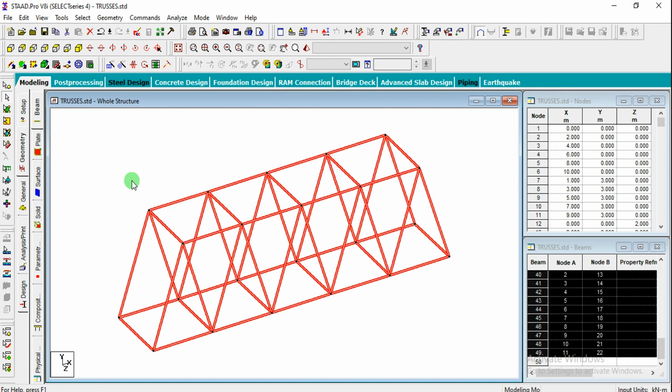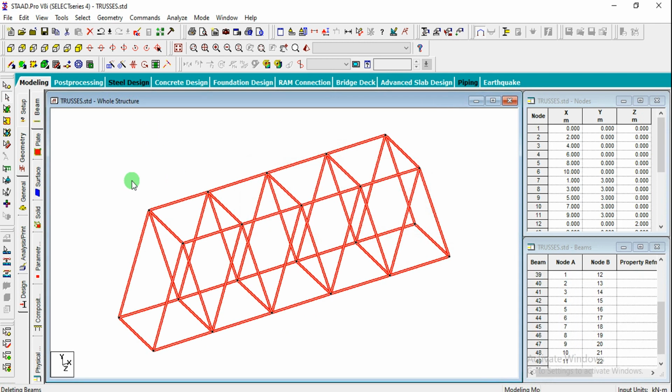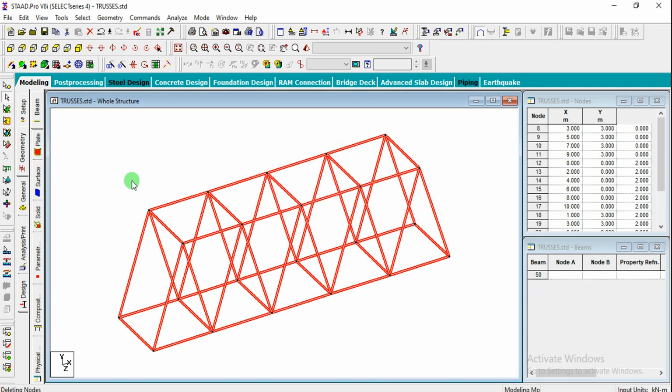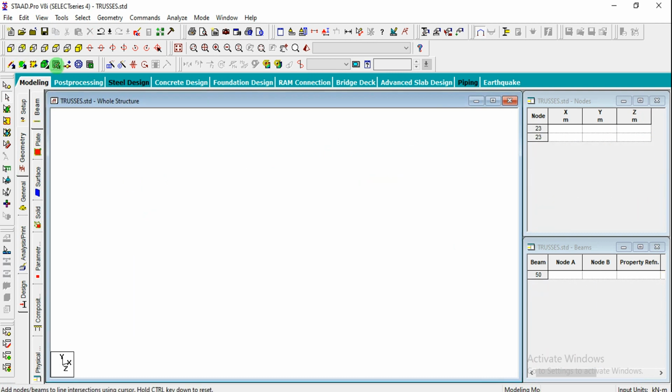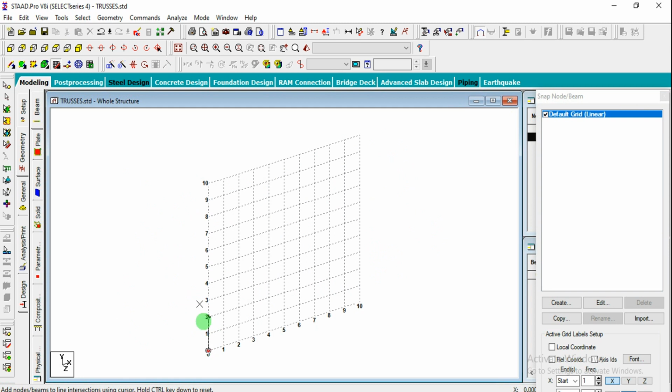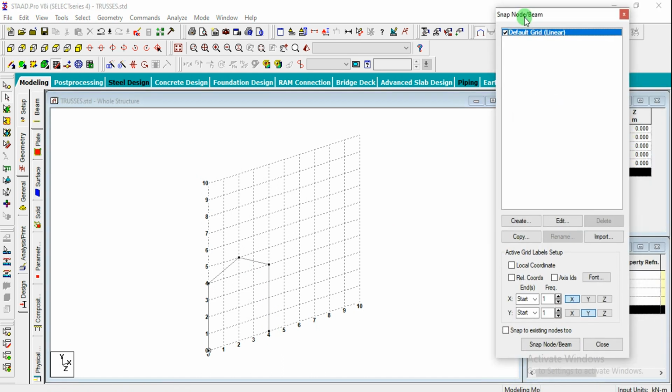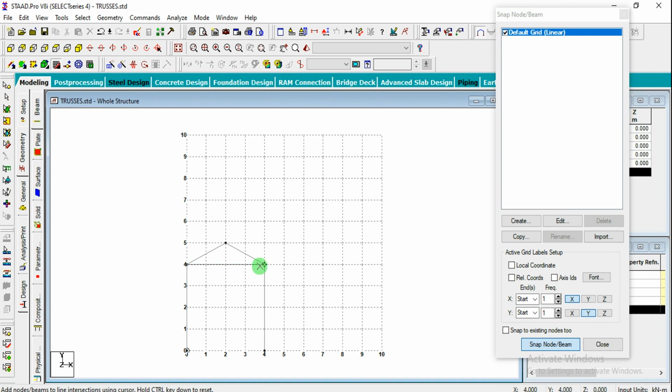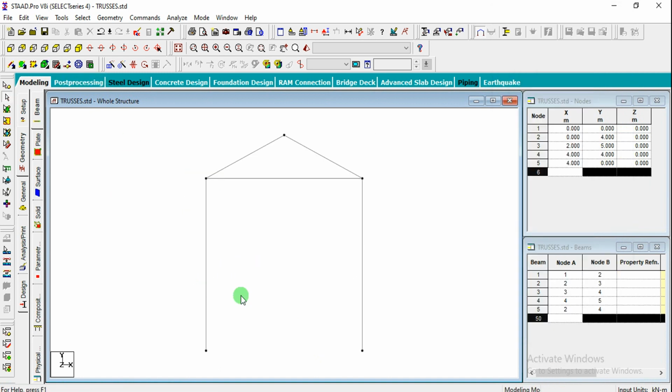And if you want to create it by using the grid or node methods, or you can use some internal nodes also. So let us see one 2D truss with the frame, for example 4 meters wide and 1 meter height. I want to create a truss like this. So escape, just go for snap node beam. Let us keep this in front view and from here to here I have given this one. Let us hide this grid now. Now I want to make the truss members here. So let us add a beam from this point to this point.